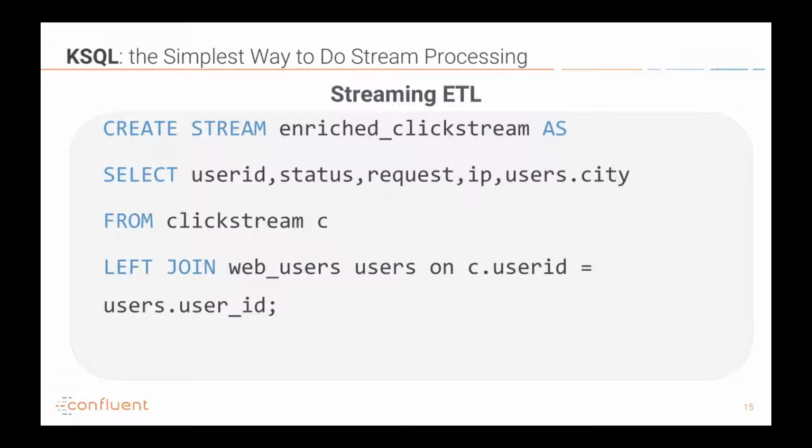So it's much like a compacted topic in Kafka, or how you would traditionally think about a table in a database. So here's the clickstream data flowing through in real time. We join it to this web users table, which has the latest up-to-date information on our users. And we create a joined stream with information from the users table. So now this output stream, which we're calling enrich stream, is available for anyone to consume who's interested in the combined streams. I'll show a bit more in our demo.